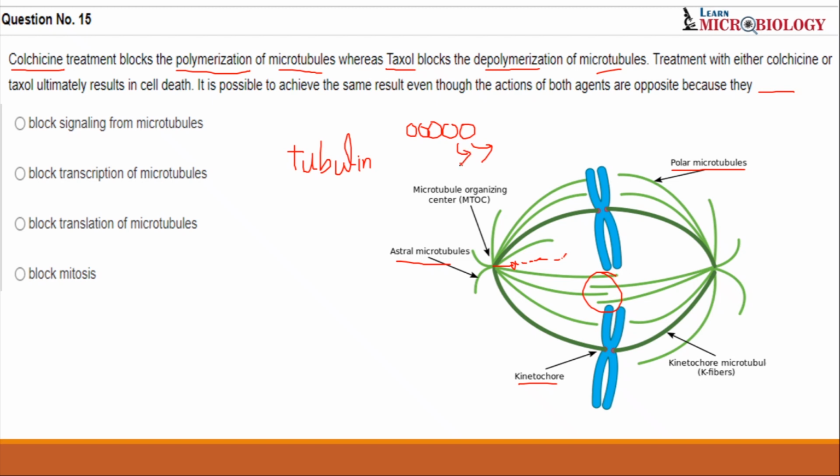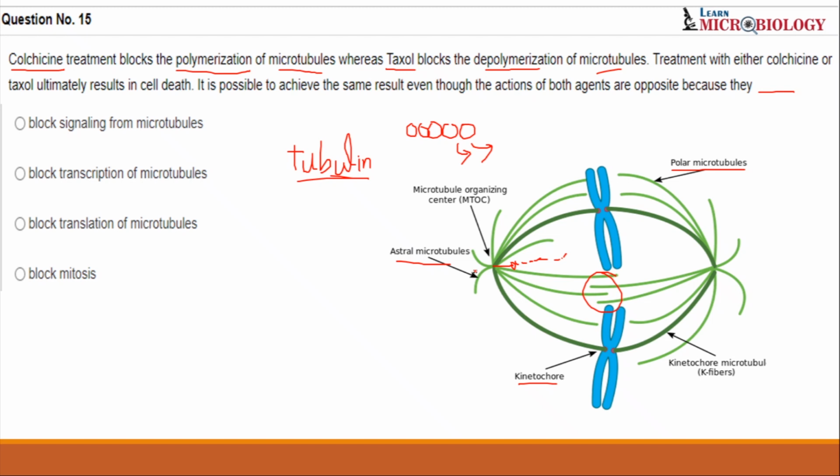Now when is that required? It is required at anaphase, because at anaphase the individual sister chromatids get separated and pulled towards the poles, correct? So when they have to be pulled towards the pole, what do microtubules undergo? Microtubules undergo depolymerization. They lose tubulin components and get shortened, and hence the sister chromatids come to the different, opposite poles, correct?